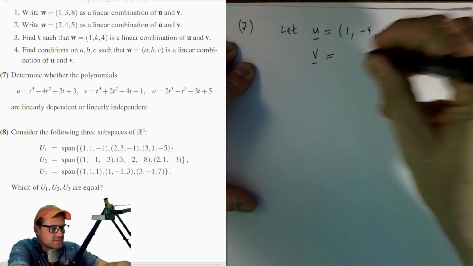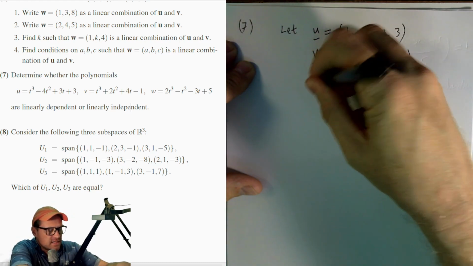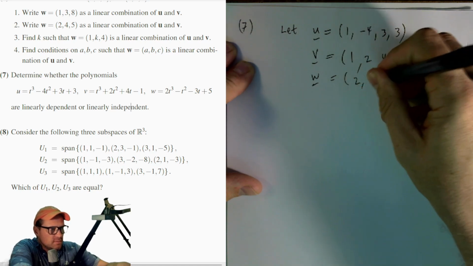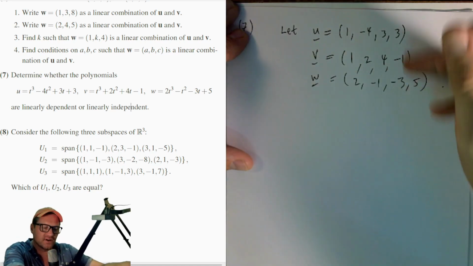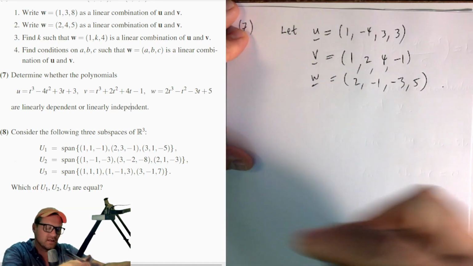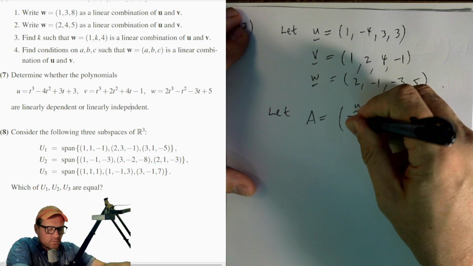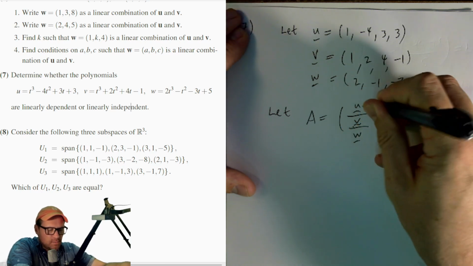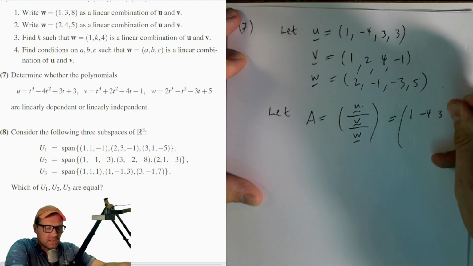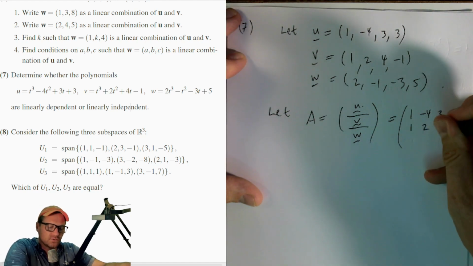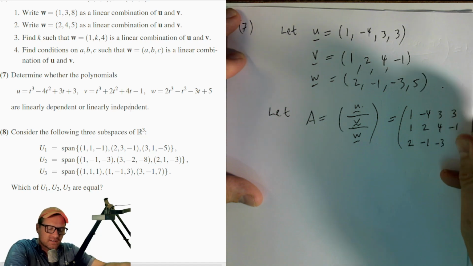Let V be the vector 1, 2, 4, minus 1. And let W be the vector 2, minus 1, minus 3, 5. Okay, so let's form a matrix out of the rows of these. So let A be equal to U concatenated with V concatenated with W placed as rows: 1, minus 4, 3, 3, 1, 2, 4, minus 1, 2, minus 1, minus 3,